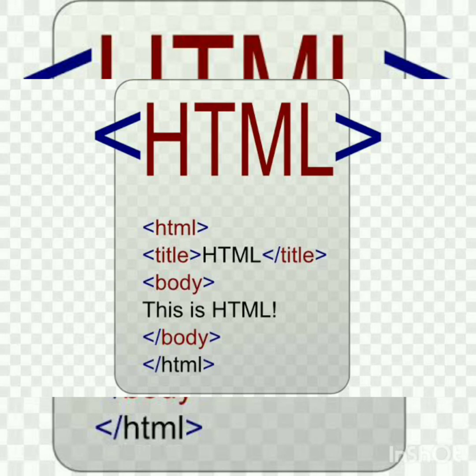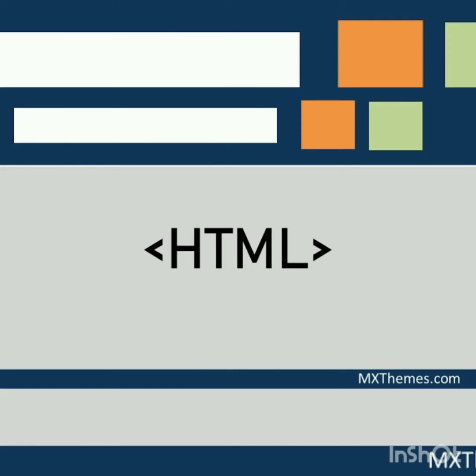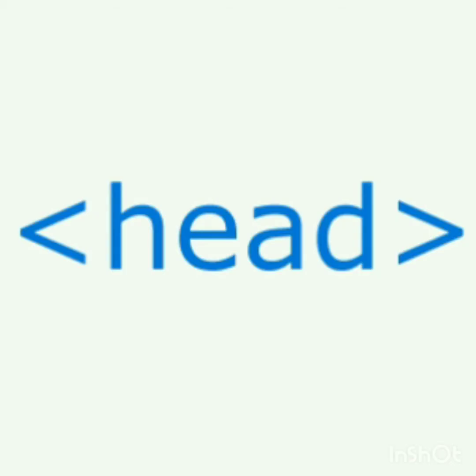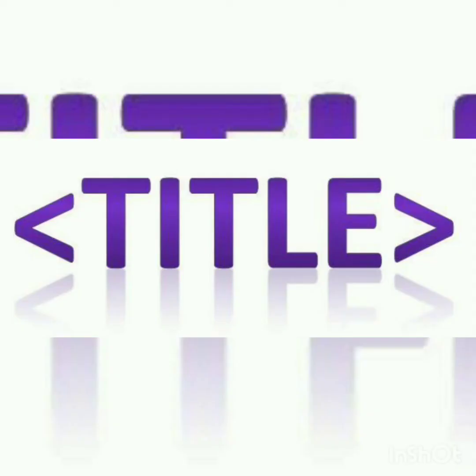So first, according to the structure of an HTML program, the first tag that we're going to learn about is HTML. So the beginning of an HTML program should begin with an HTML tag. In that, the HTML tag represents that you're going to begin the program. And the next tag we're going to use is the head tag, which stands for the head of the program, or whatever you want to specify as the heading of the program, we'll be giving it as head. And inside the head tag, you will have the title tag.